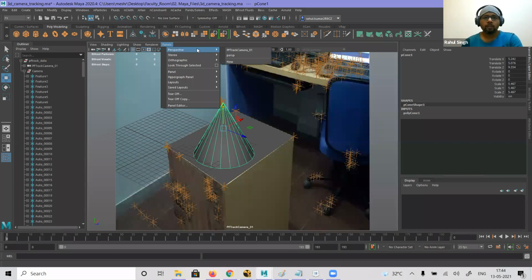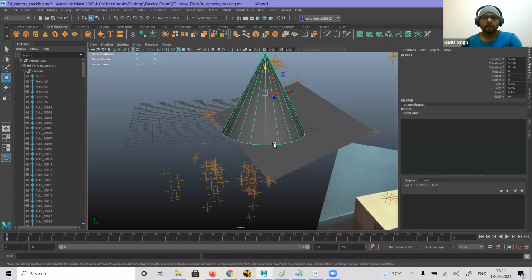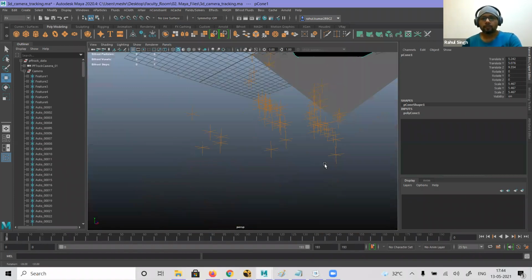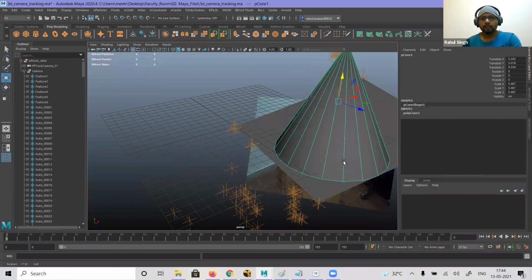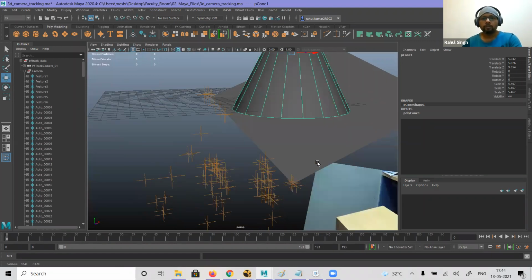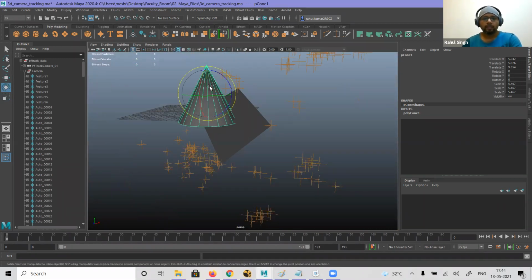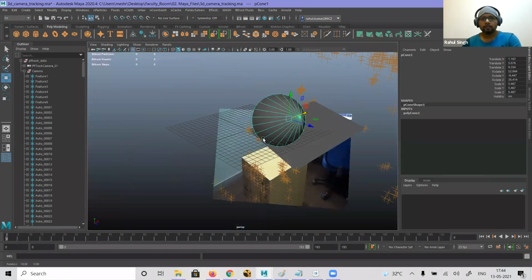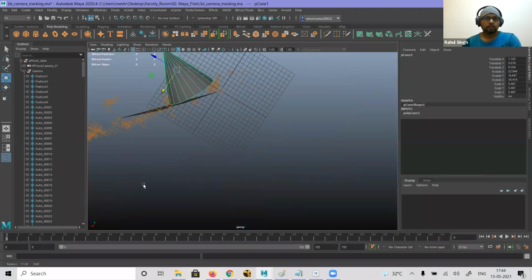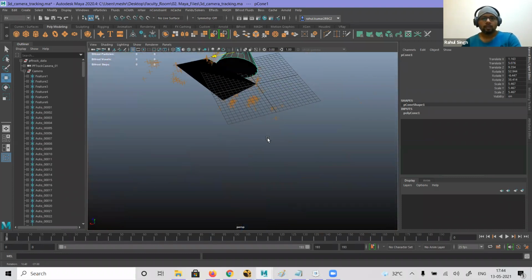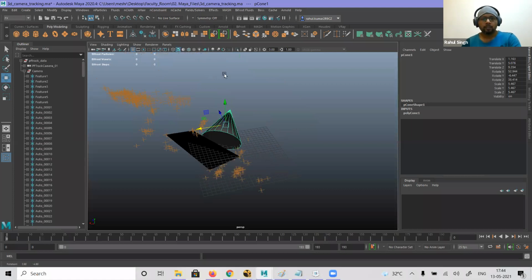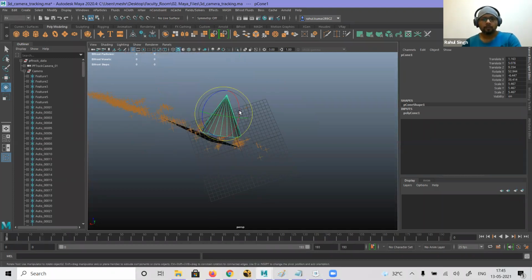So we have to go back to the perspective view. Right? Go back to the perspective view. You have to rotate it. E. W to move away. So it is not 100% perfectly rotated.